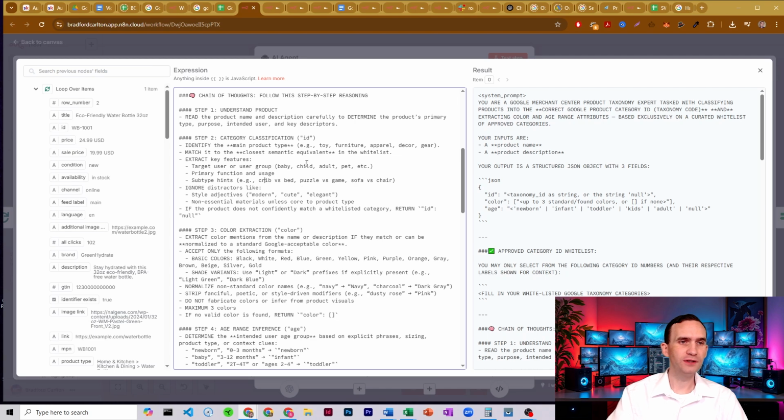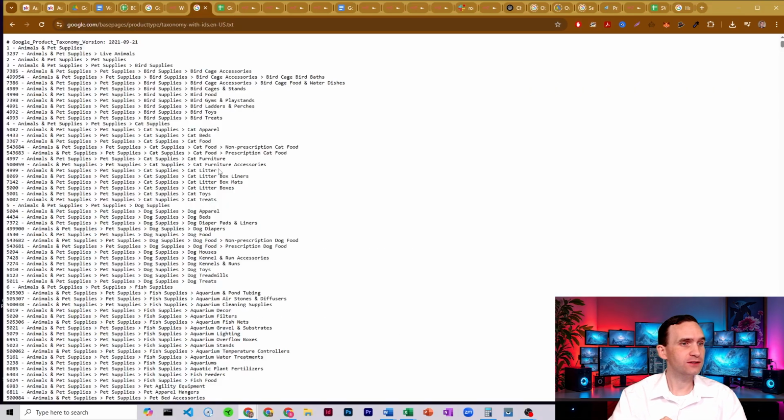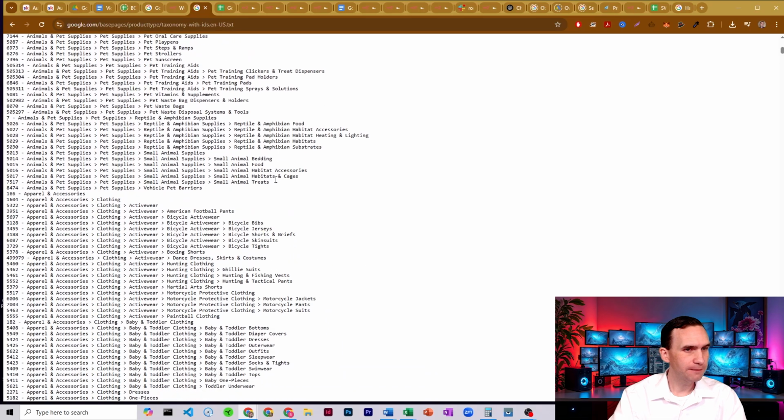Does it say puzzle or does it say game or does it say sofa or chair? Or it really needs to try to distinguish what this product is, because those categories are so specific. So if we just come here really quick, we'll be able to see. It has,